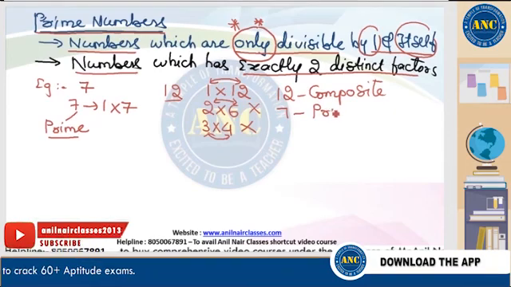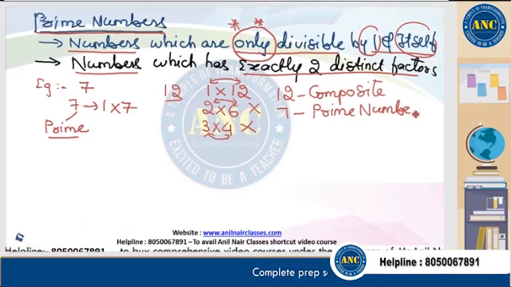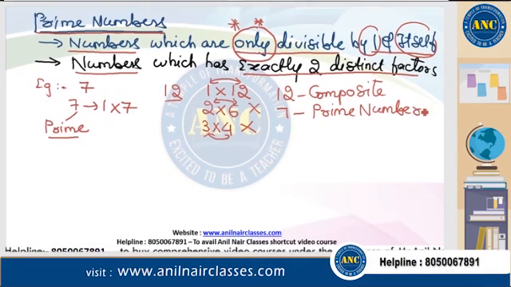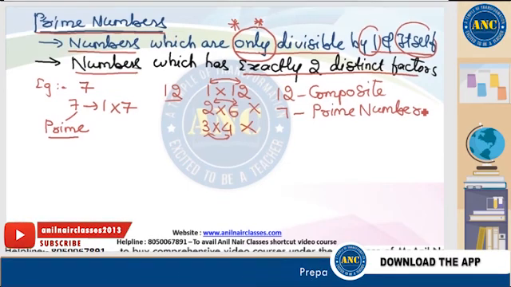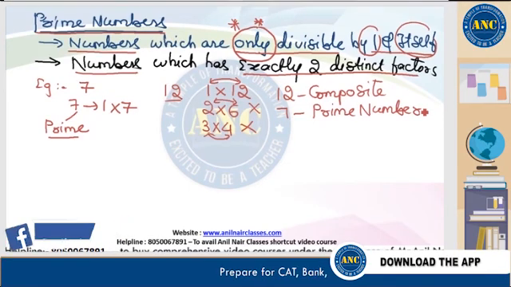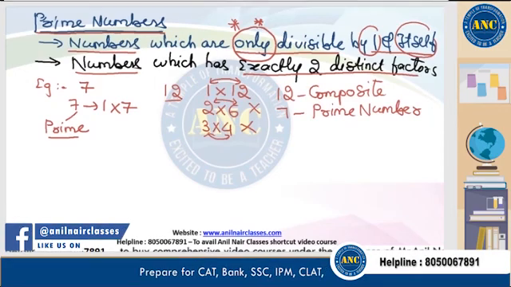I hope the definition is very clear to you. A number which is only divisible by 1 and itself is called a prime number. Composite numbers are the numbers which have greater than two distinct factors. In other words, another very important point,